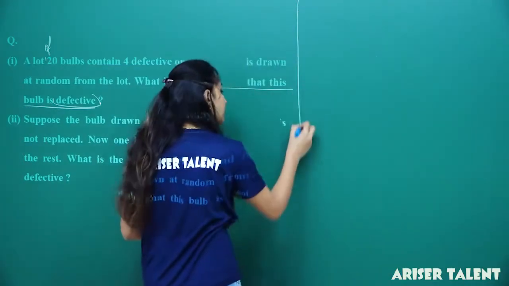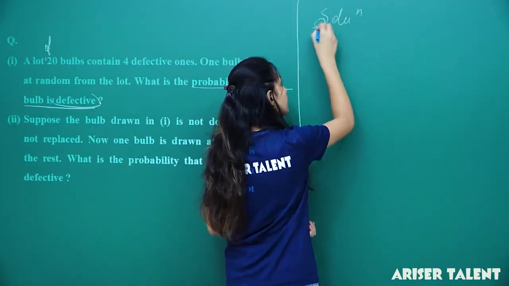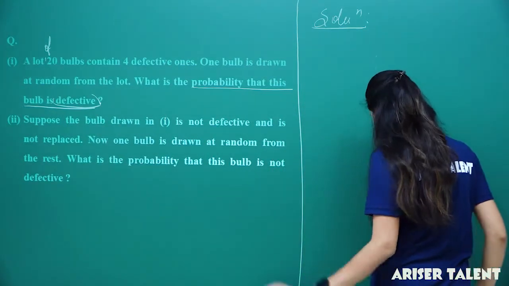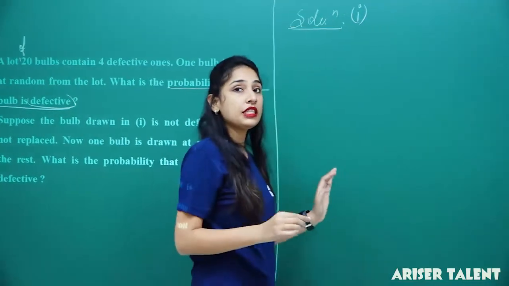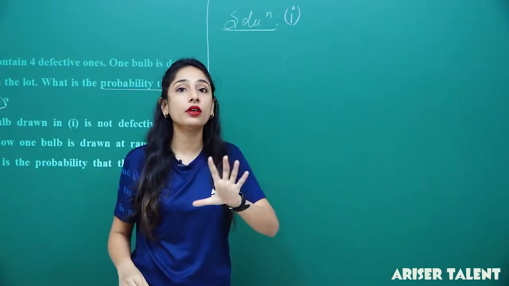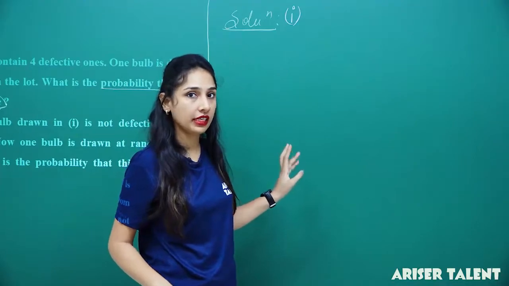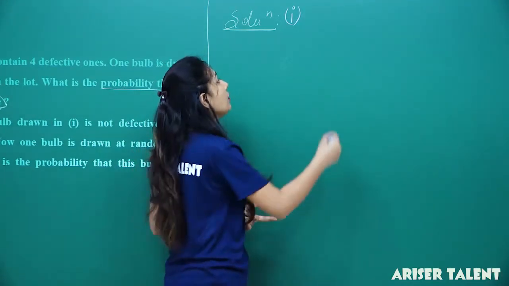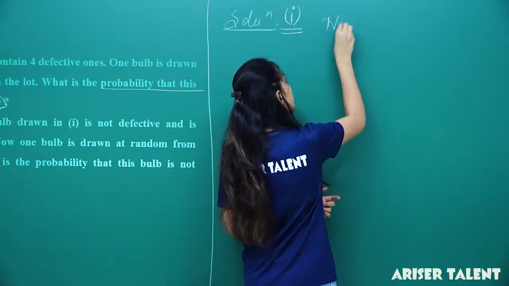So students, now I'll talk about the solution part. That is clear for you guys. We have to do it for the first condition and for the second one, because the number of total outcomes and favorable outcomes will change in each case, as the condition differs here. So we'll go with the first one, and here the number of total bulbs